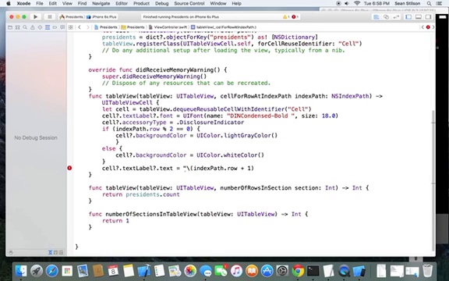And then space. And then the name of the president, which is presidents indexPath.row. So a lot of typing here for this, but that row